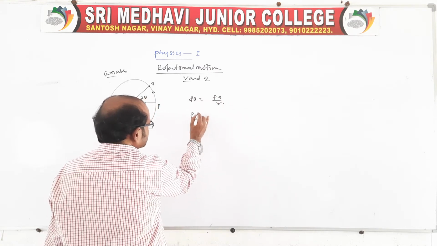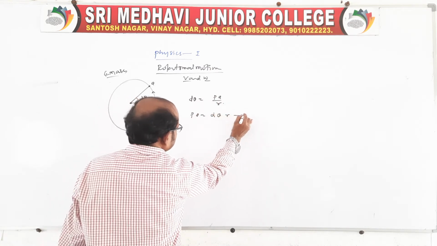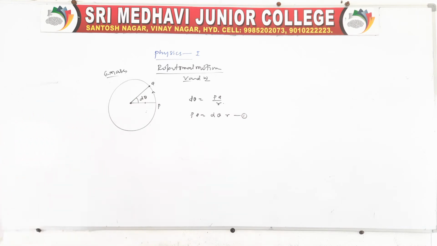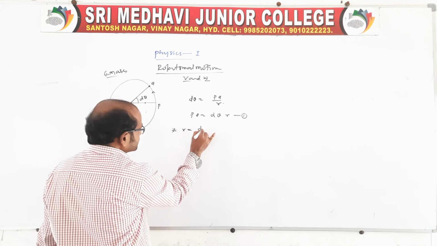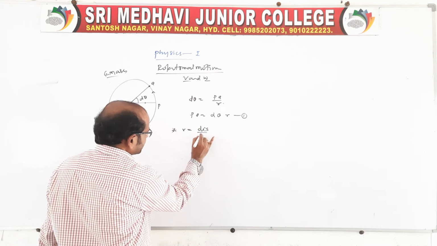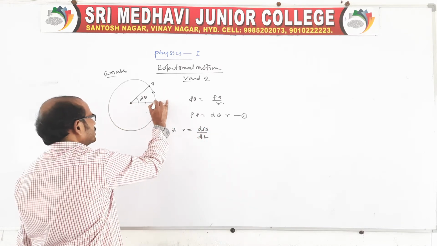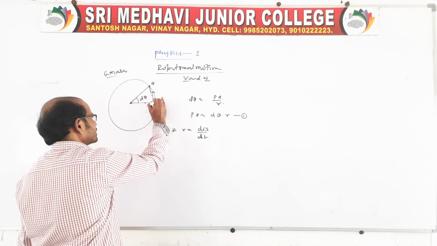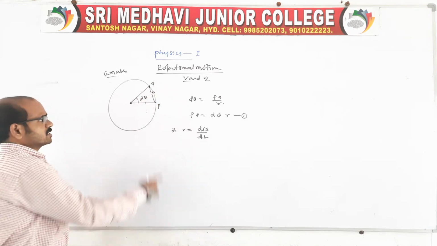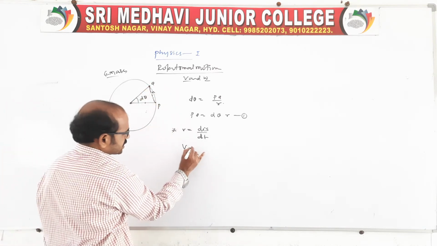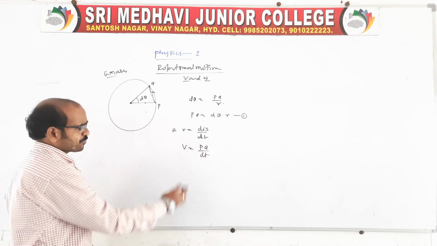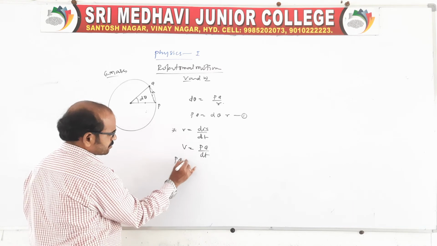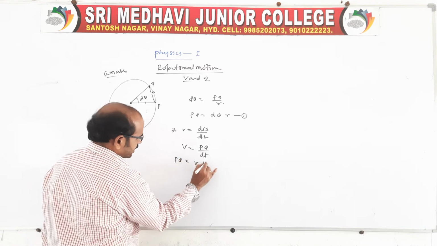So PQ is equal to theta into r, equation 1, or else you can keep it like that also, no problem. And here linear velocity v is nothing but displacement by time, dt. What is the displacement? You draw a straight line, it is also represented as PQ, because it is the shortest distance, or shortest displacement, PQ by dt. Here PQ is equal to v into dt, we can write.